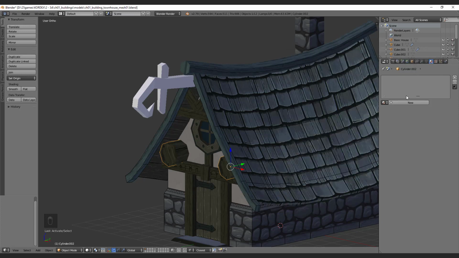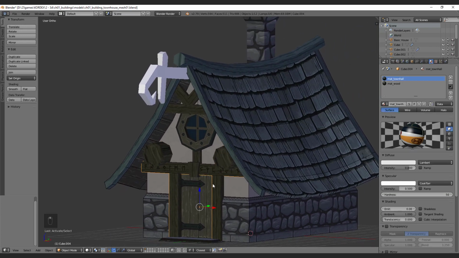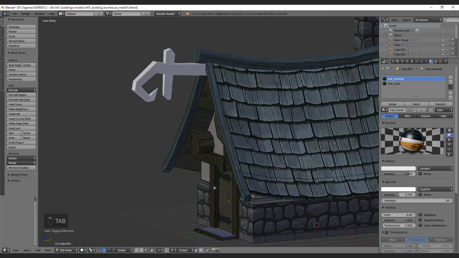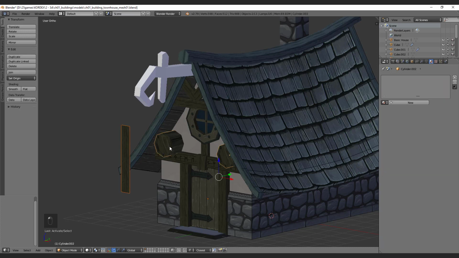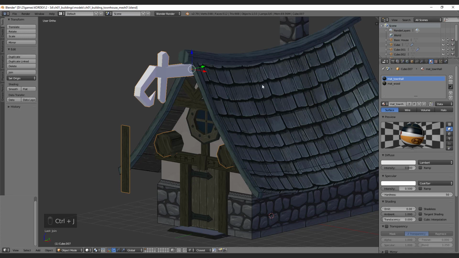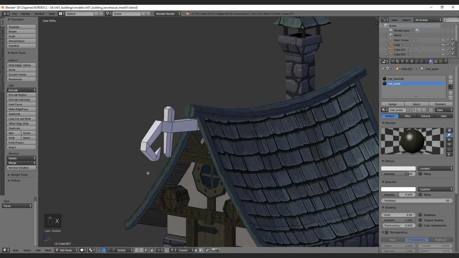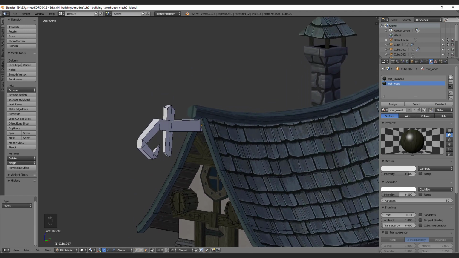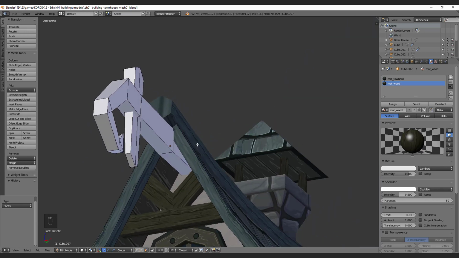Okay, we see that we don't have a material assigned here. This is basically not what we want. So I will duplicate the face, separate it, bring it to a separate mesh, and I will now merge all of these objects together. I can delete this now, and now we have the material on this object as well. But first I need to create a